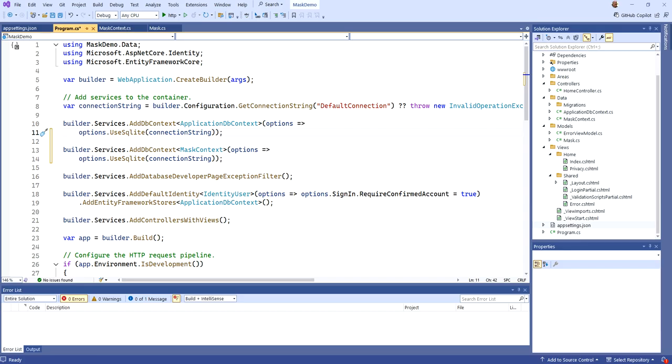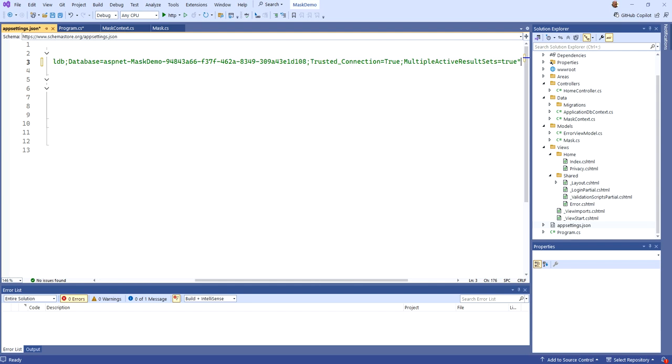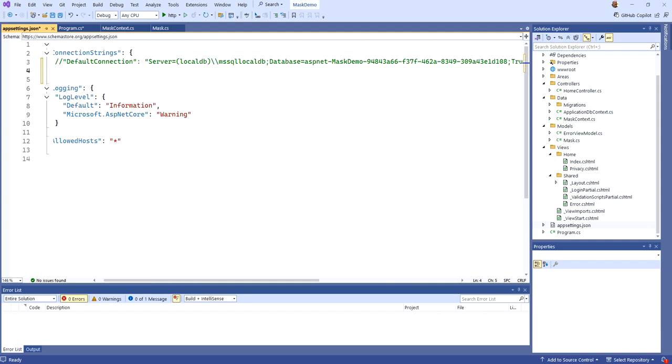All right. Trouble is, though, my connection string is written for SQL Server. So let me come back to app settings then. What I could do is come in here and actually just replace it altogether, or I'm going to comment it out, just in case later on I did want to switch back and in my demo show you how to work with SQL Server as well. I'm going to leave that there, and I'm going to come down here